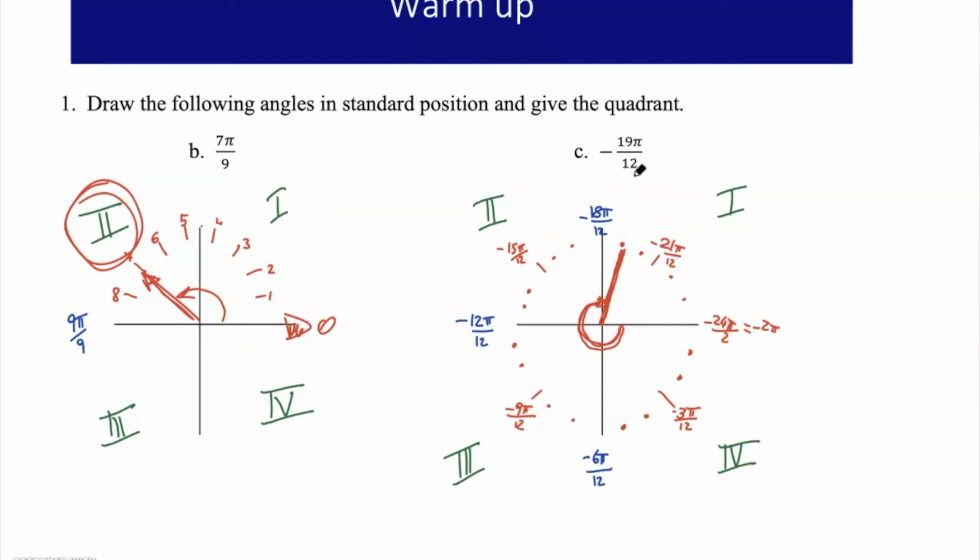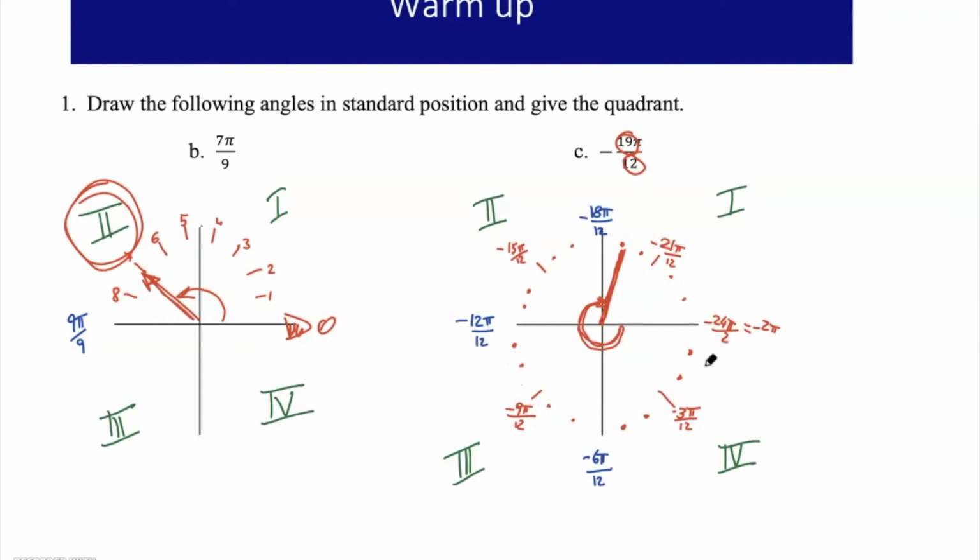The next exercise was in 12ths of pi. So what I need to do here is divide my straight angle in 12 pi over 12. Notice that I'm going in the negative direction because I have a negative angle. So starting from here, I go clockwise in this direction, and I have to count 19 of those 12 parts of a straight angle. I didn't want to put too many numbers because I didn't want it to be confusing. So I started with 12, halfway will be 6, halfway of that will be 3,